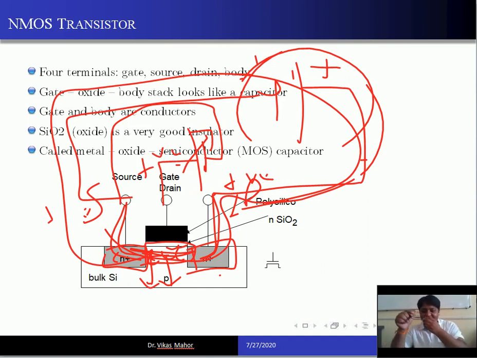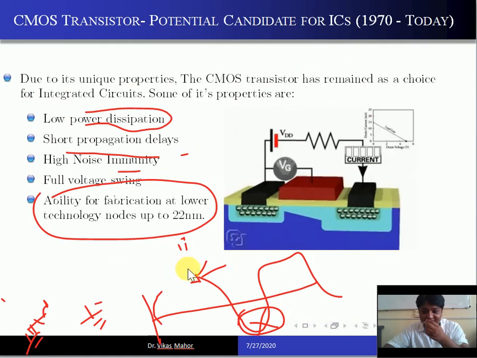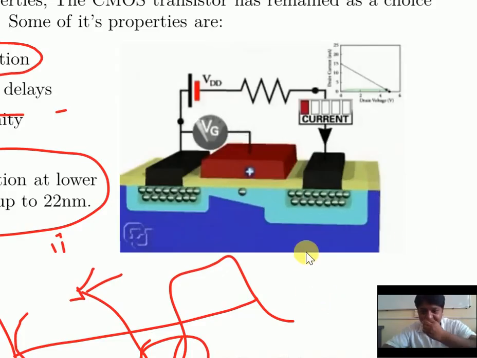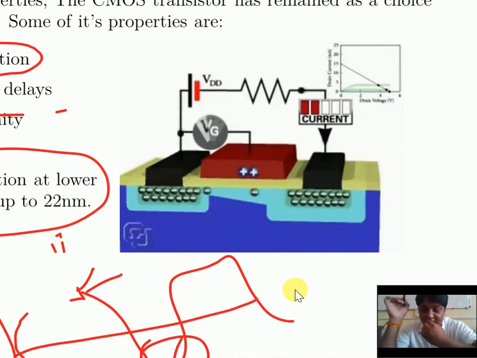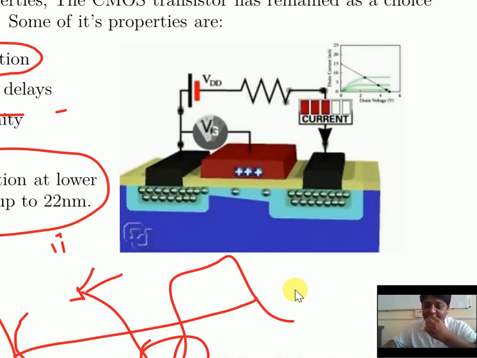Let's see this clearly in one of the animations. I have an animation, and with that animation it might be more clear to you. Fine. So let's see that animation. I think you are able to see this animation. What is happening here? Look very closely. Once you understand the basics of operation of CMOS, it would be very helpful. Fine.